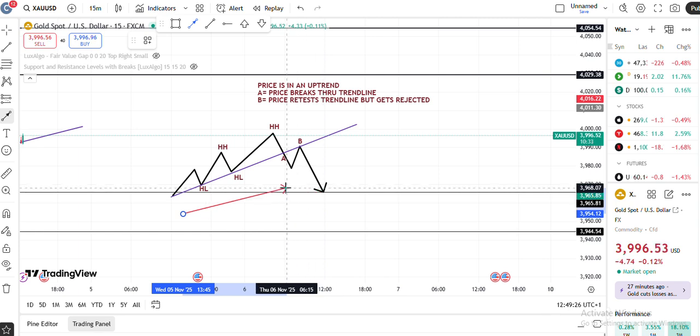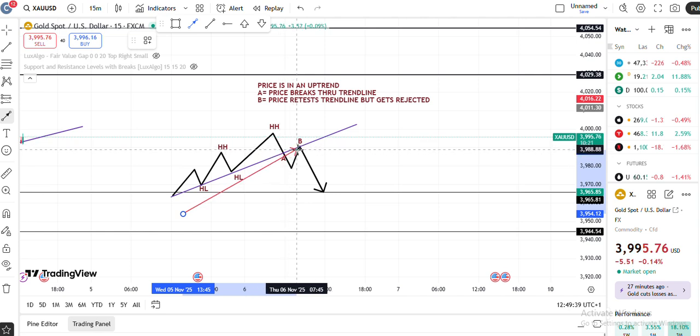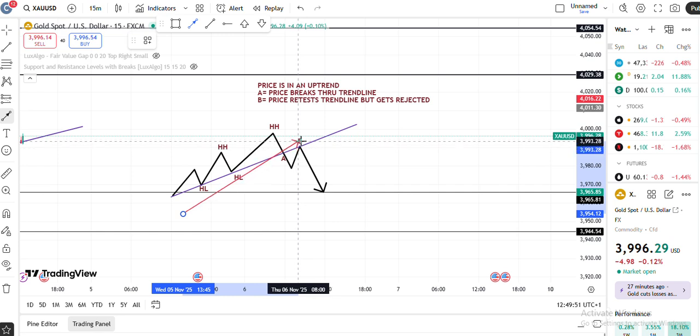So the way to get a more precise entry is not to enter a sell at the break of trend, but rather to wait for a retest of the trend line and wait for price to get rejected. So that's B here. Price retested and got rejected. So it's at that point that you take your sell. And so with that, you're able to use a tight stop loss. You put your stop loss just above,